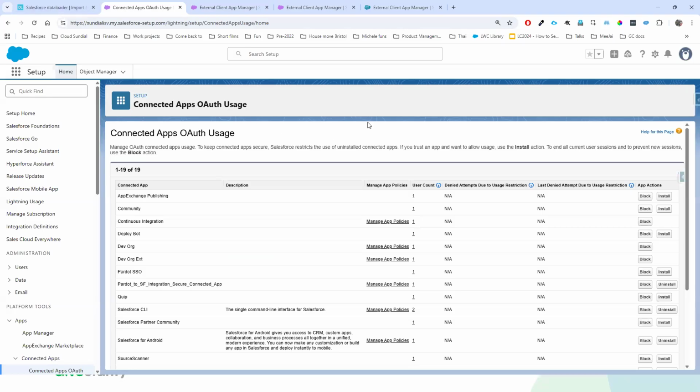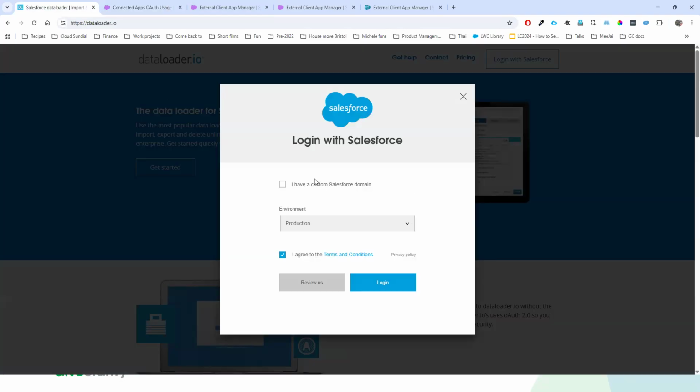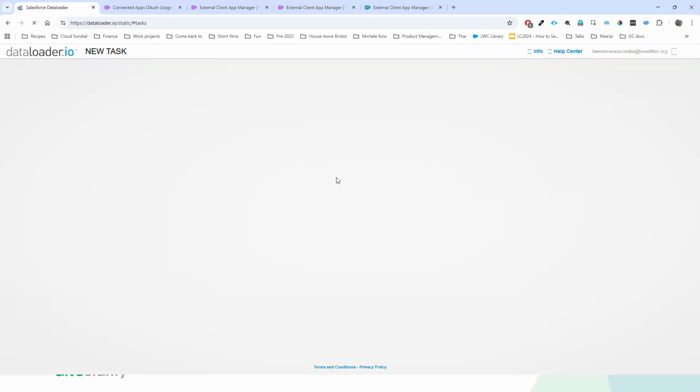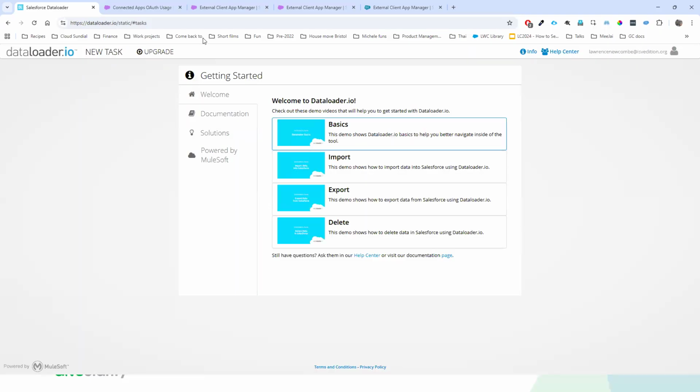So I've got an org here that I'd like to install a connected app for. This is dataloader.io, which uses a connected app to help it connect. So I want to log in. Oops, that wasn't what I was hoping would happen.